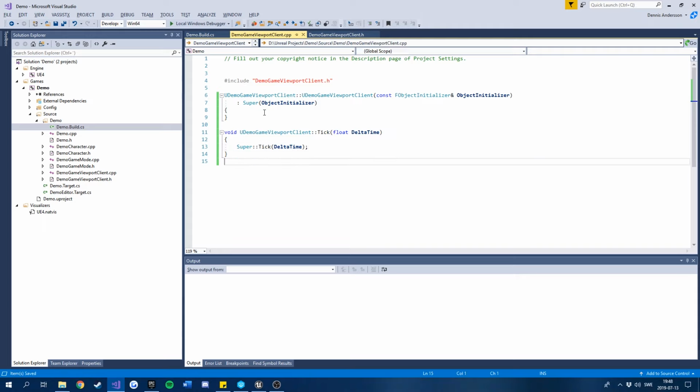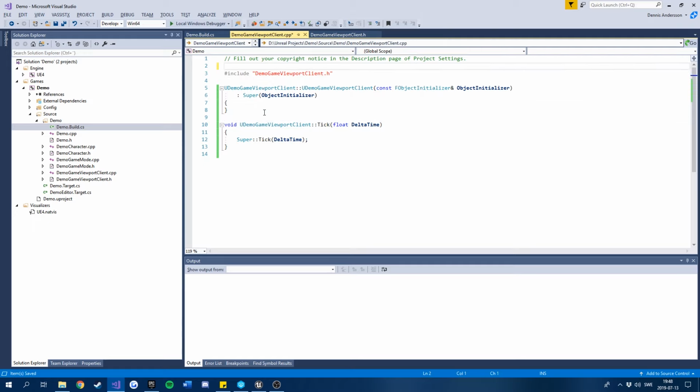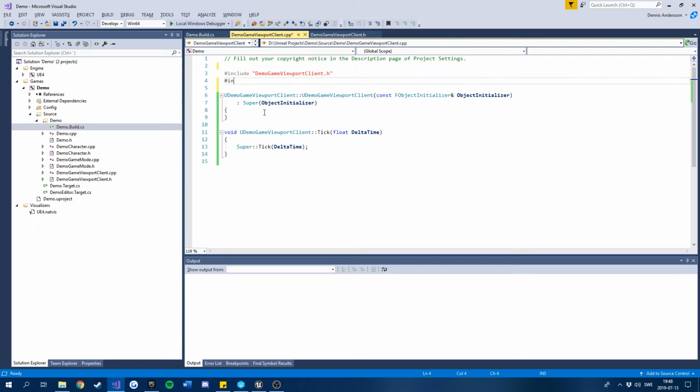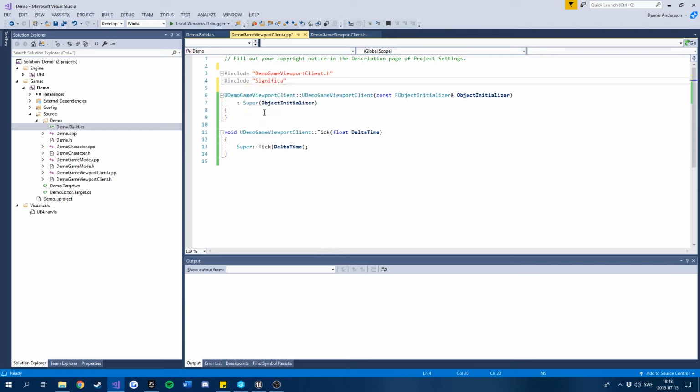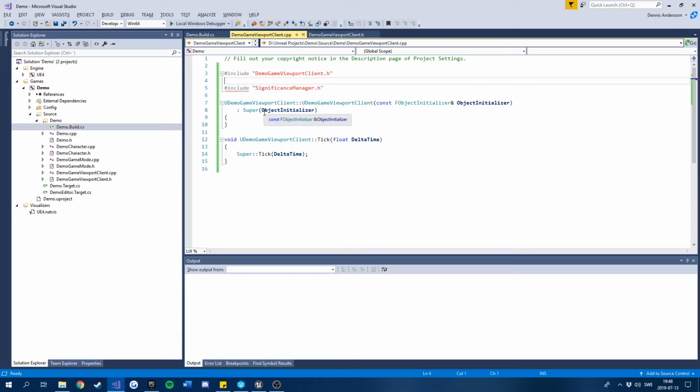And we'll go ahead and include our significance manager. It's just SignificanceManager.h. And so if we go into our update function, remember it actually takes an array of